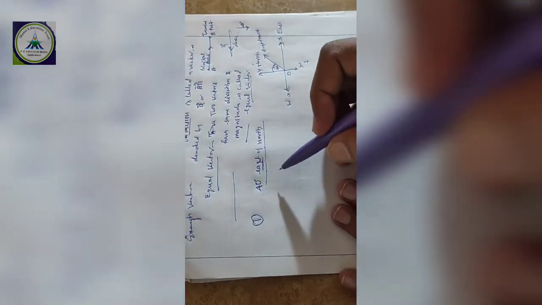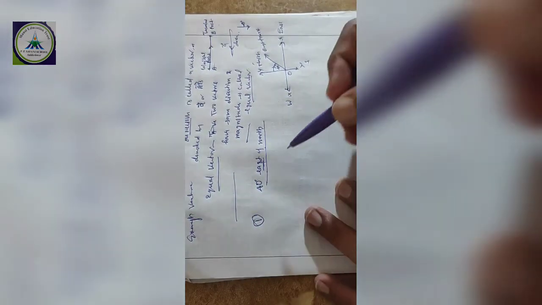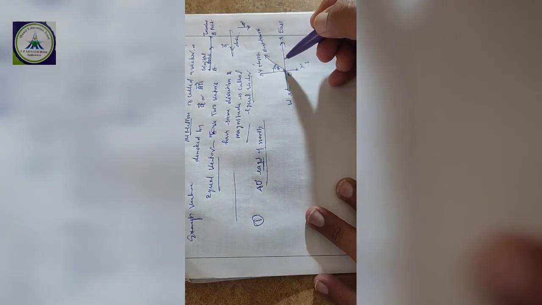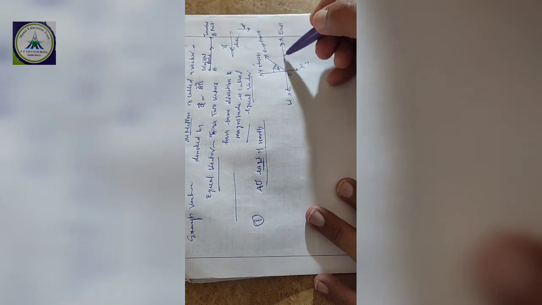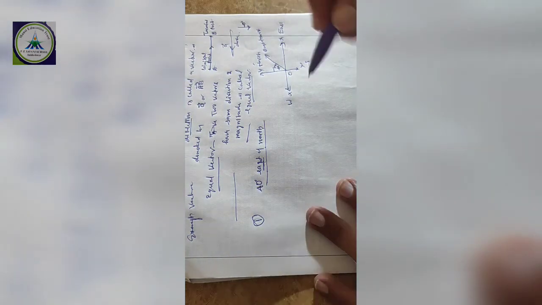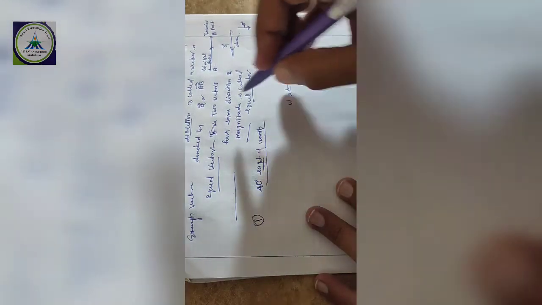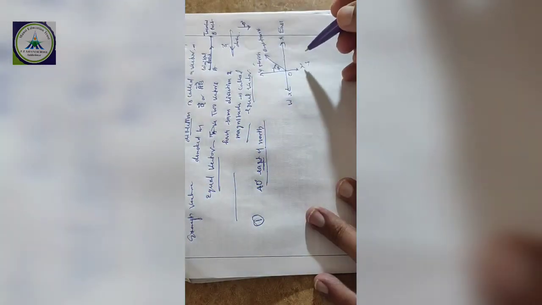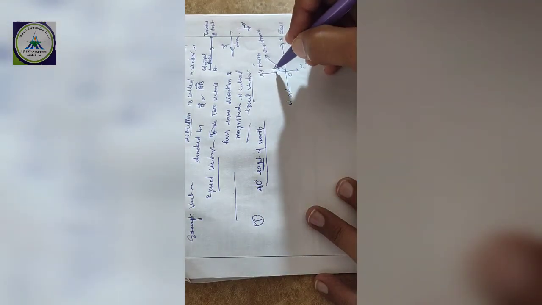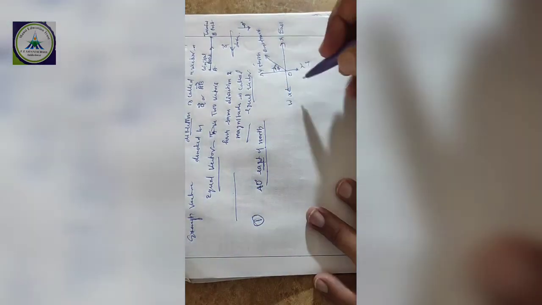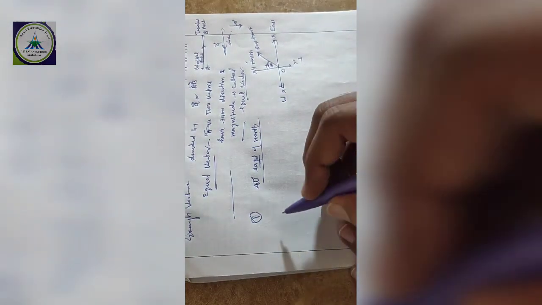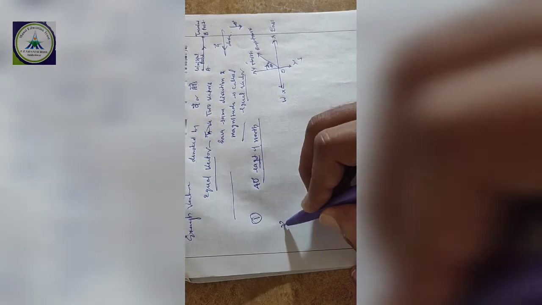If the question is the same but 40 degree north from east, then north from east means starting from east and moving to north, in the bottom to top direction. But north to east means moving in the top to bottom direction. Okay, this is 40 degree of east. This is the graph. Next, now question number 3.